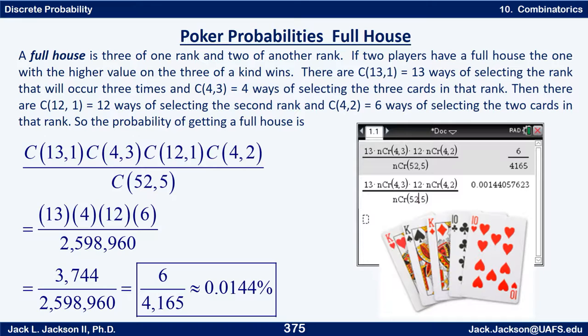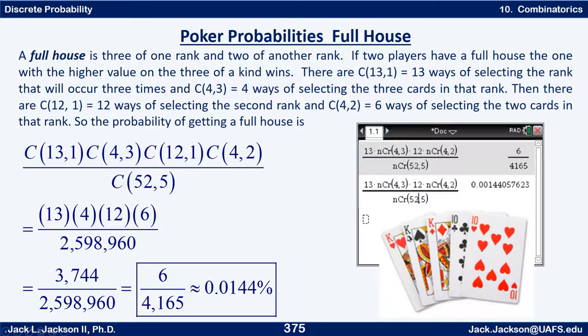Okay, but how many different full houses are there? Well, first we have to choose the rank for the 3 of a kind. So there are 13 ways of selecting that. 13 choose 1. There's 13 ways of selecting the rank of the 3 of a kind. Now the 2 of a kind, well, wait a minute. Before we go on further,